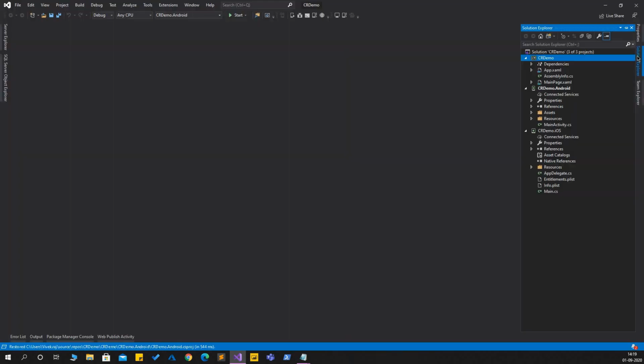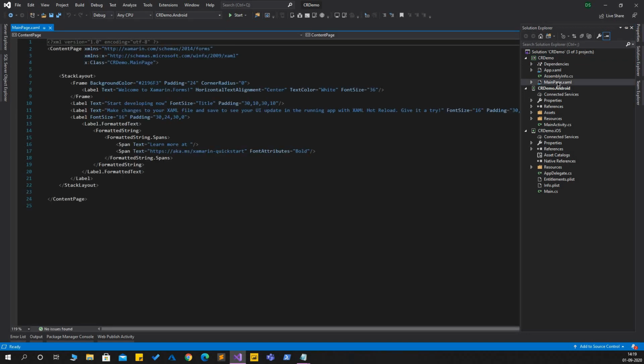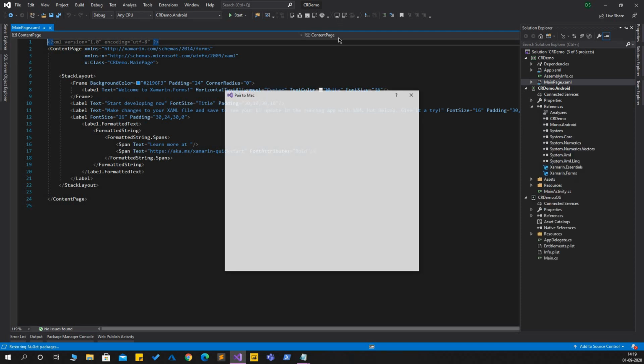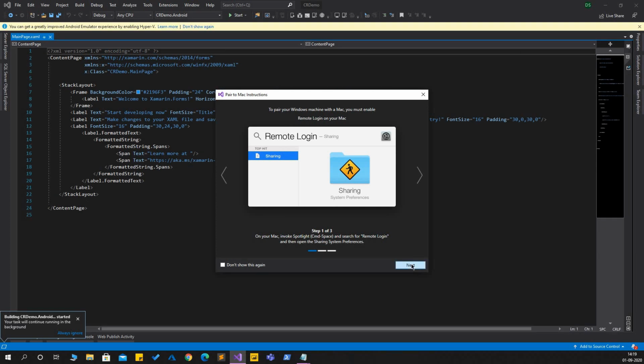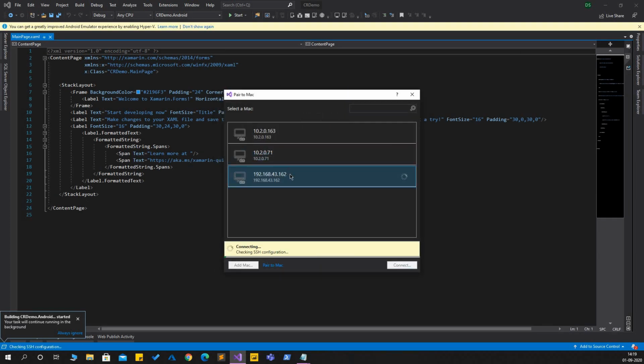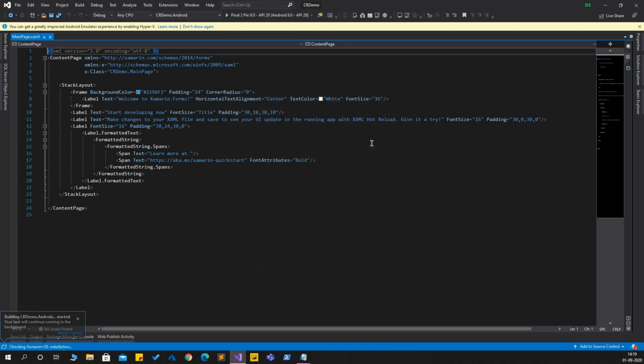So the project is ready now, and if we go to the main page, I'll quickly connect it to the Mac. So the Mac is connected now.